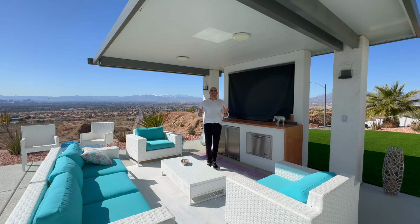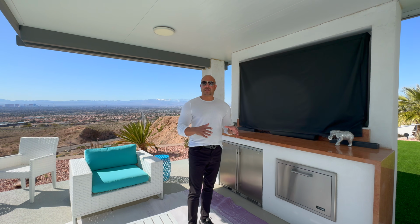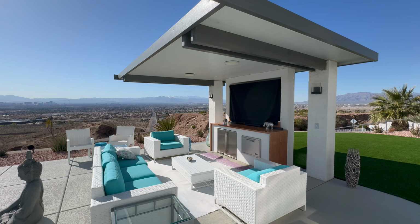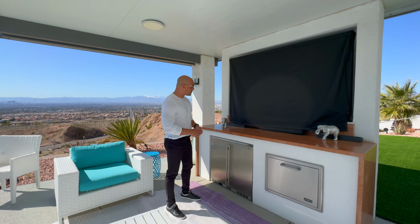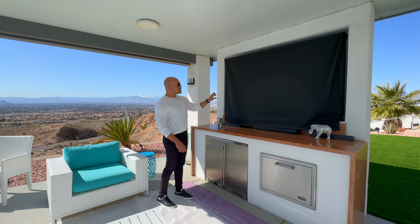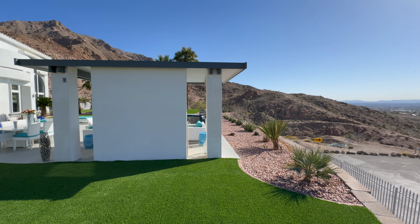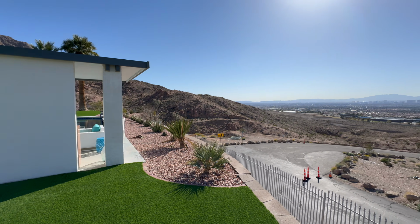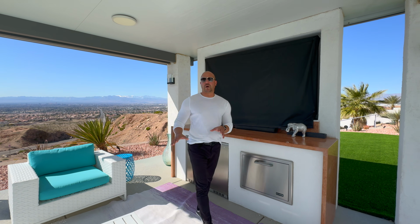All right, guys, welcome to the backyard. Now, one of the new additions that was made to the property as part of the remodel was this outdoor structure that I'm standing underneath right now. So here we have an outdoor viewing area. We have this gorgeous marble that's a double waterfall return. We have an oversized television, refrigeration, plenty of seating, and of course, look at, I mean, I can't stop talking about the strip views because that's what this house is all about. So what an amazing place to be able to watch television at night, take in the sparkling lights of the